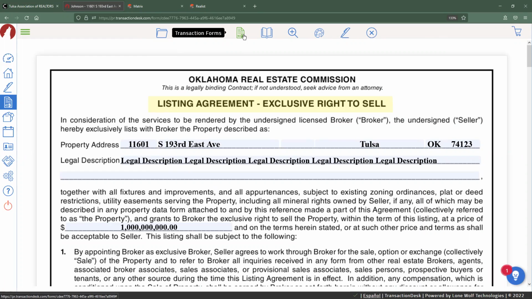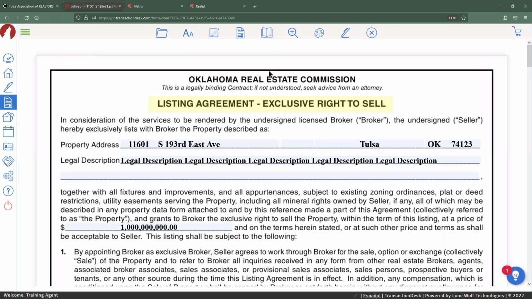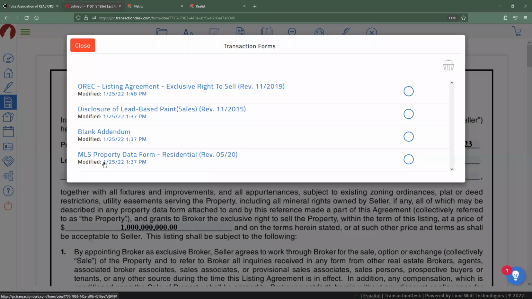So it's an icon right now. It's because I happen to be zoomed in a little bit. Zoom out. Oh, even just one step actually put the labels back on. I zoomed out and it's got transaction forms on here. They will have labels or they won't, depending on how large your screen is or how zoomed in you are, just for fair warning. But on transaction forms, I can actually jump to any of the other transaction forms without having to exit this form and jump back into another form.